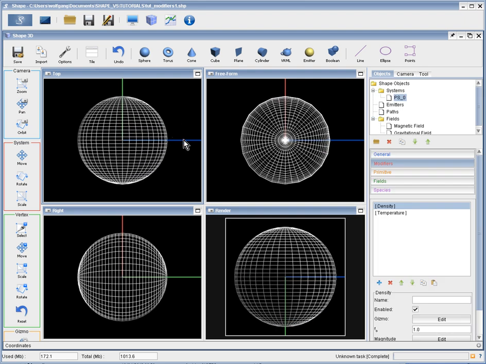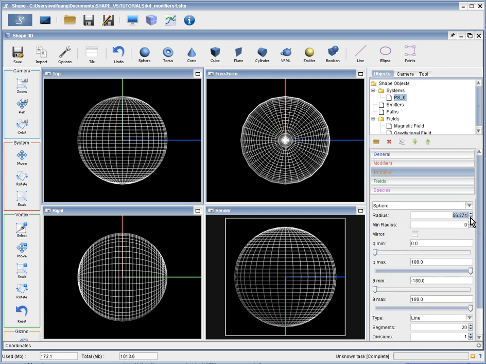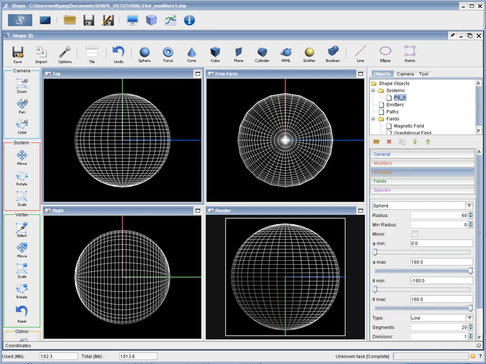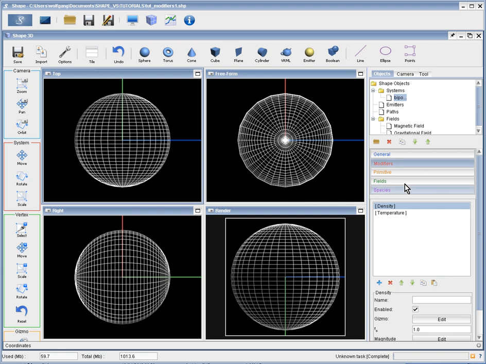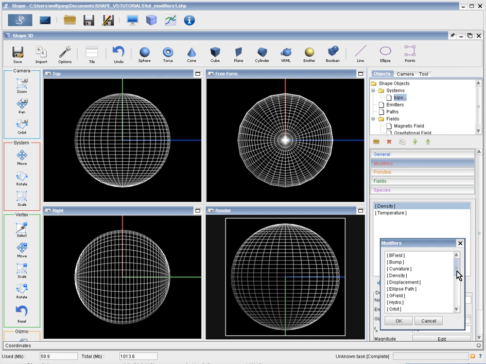and we will give it a certain radius, let's say 60 units, and change the name to sphere, or let's say bipolar, because we are going to modify it, and go to the modifier panel, add a squeeze modifier to give it some structure,